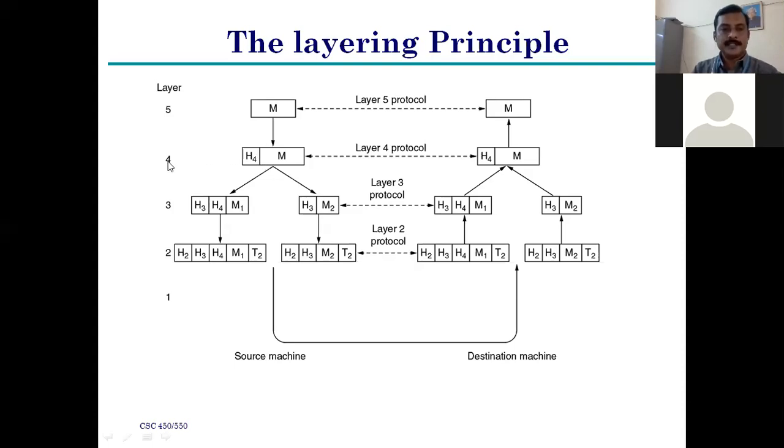That's why the fourth layer header is added to the given message. This entire information, including the header, is transmitted to the next layer, the third layer, so the third layer header is also added to it.